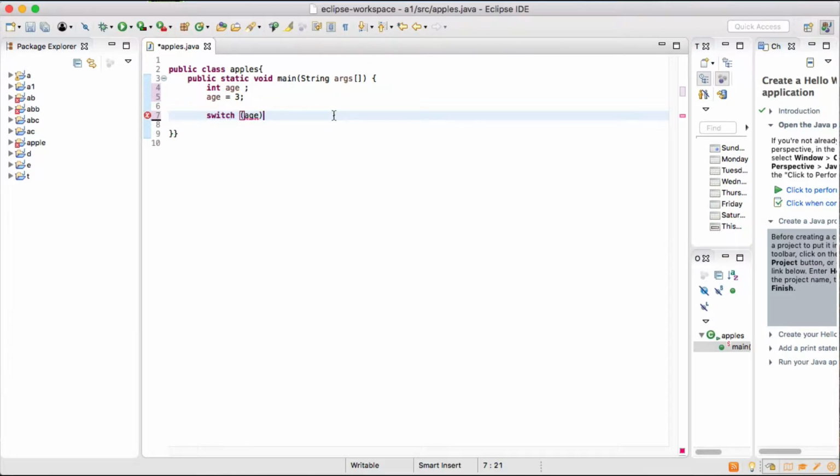Based on the age, we are going to have cases. We can create as many cases as we want. Here I'm going to create 3 cases. Case 1,